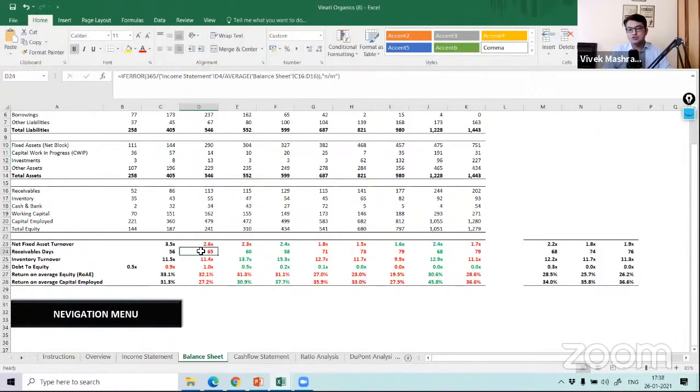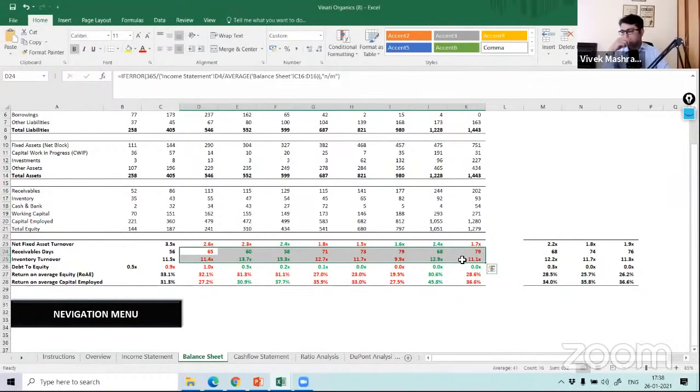So then next is inventory days and receivable days. Again, this should be looked at in the context of industry as well as trend. Receivable days are basically when you receive your money from the customer. Say Raju Chacha is selling pani puri and he's getting money immediately. That means he has good pricing power. But if people are paying after 1 week or say 10 days, that means something is wrong. Probably they are facing more competition where somebody is giving credit for longer days, or the demand has gone down, or the customers are not having money at that point of time. So a lot of factors go into seeing the trend of receivable days.